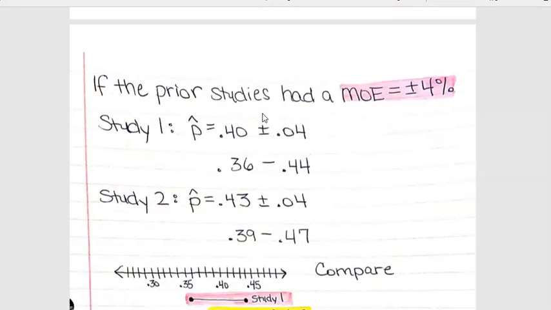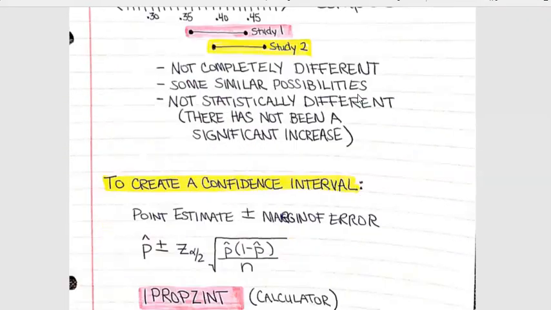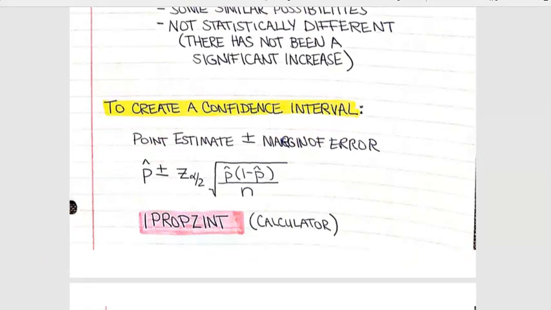Okay, now with this one, I just gave you a margin of error, and sometimes that's going to happen. If we're reading a study, a lot of times at the bottom, like a Gallup poll or something you might read in the newspaper, it'll tell you what the margin of error is. And so then all you have to do is just add and subtract it to the statistic. But if we're actually creating it on our own, what we're doing is we're taking our point estimate, which in this case is p hat, so that's our sample proportion, and we're going to add and subtract the margin of error. And the way we get the margin of error is